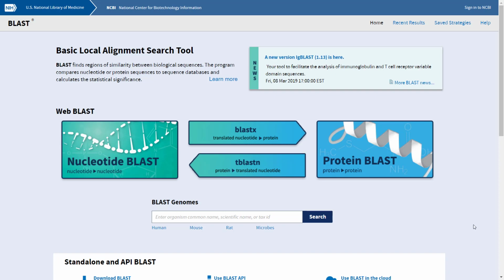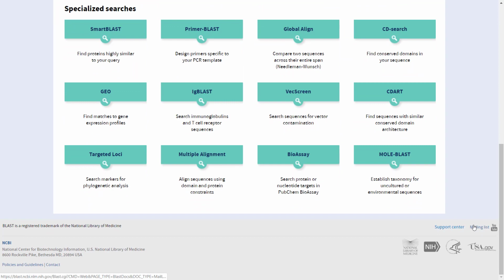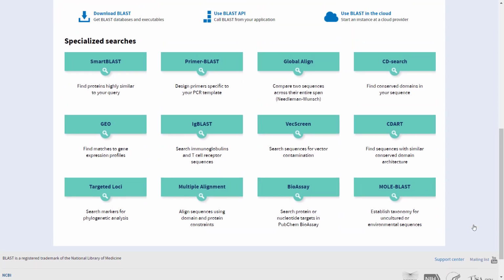There are also special search options that appear at the bottom of the page. For example, primer design, global alignment, immunoglobulin and T-cell receptor search, and more.